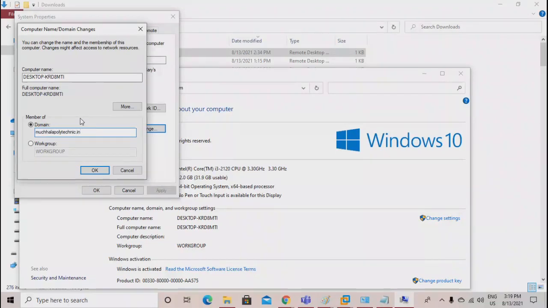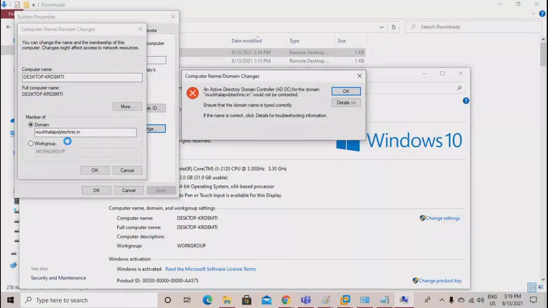Now, if my system is connected with the Amazon network, and if I click on OK, my system will try to connect with this domain controller, the DC. But at this moment, my laptop is not connected to that Amazon system. That's why it will just keep on searching.